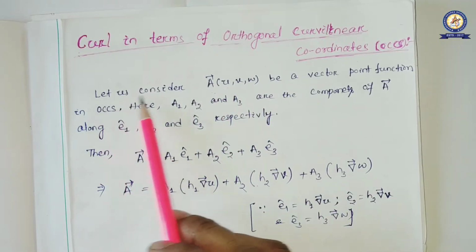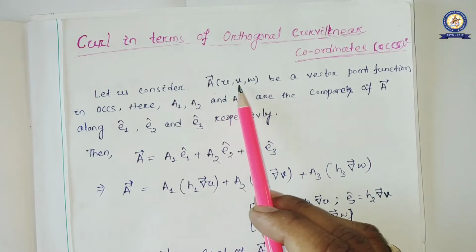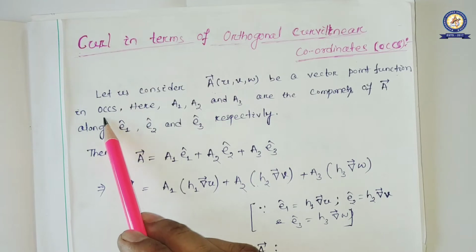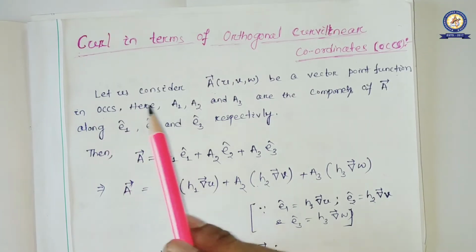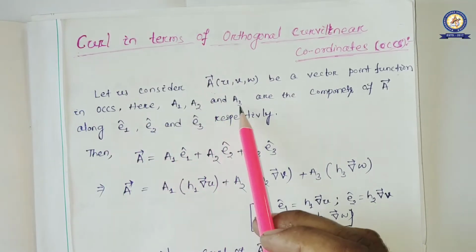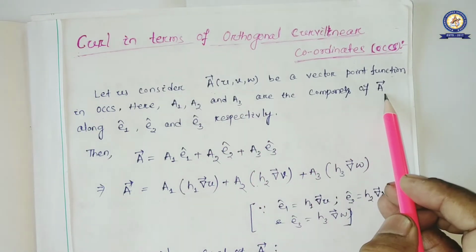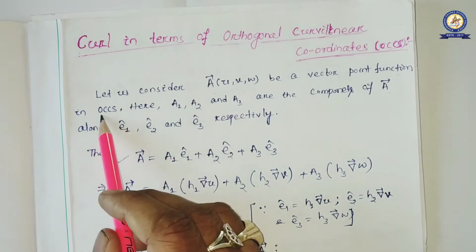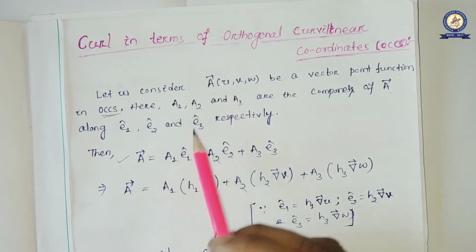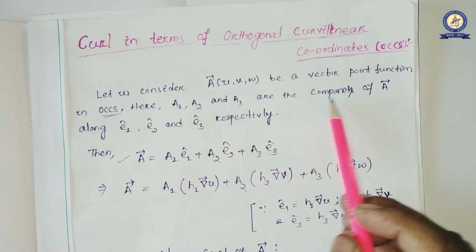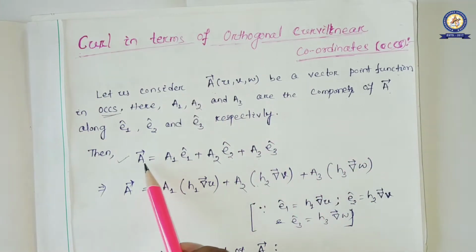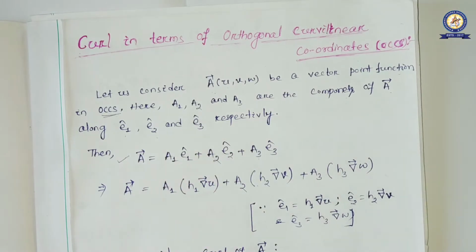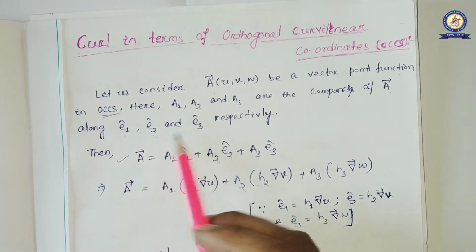So let us consider A, a function of u, v, w, to be a vector point function in orthogonal curvilinear coordinate system. Here A1, A2, A3 are the components of A, the vector we have considered in OCCS, along e1 cap, e2 cap, e3 cap respectively, where e1 cap, e2 cap, e3 cap are